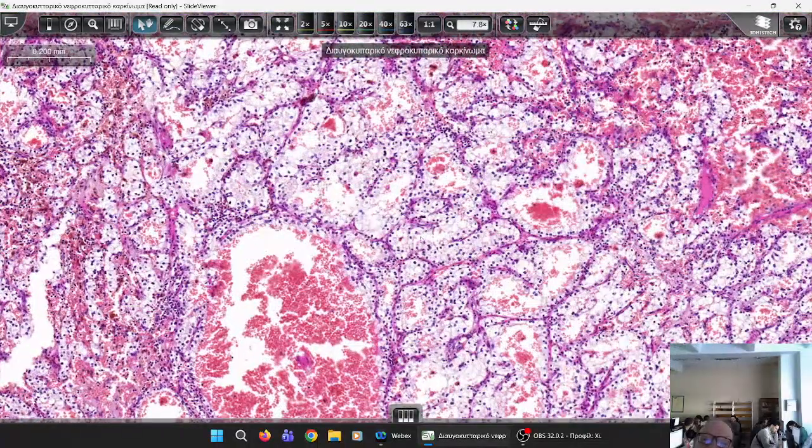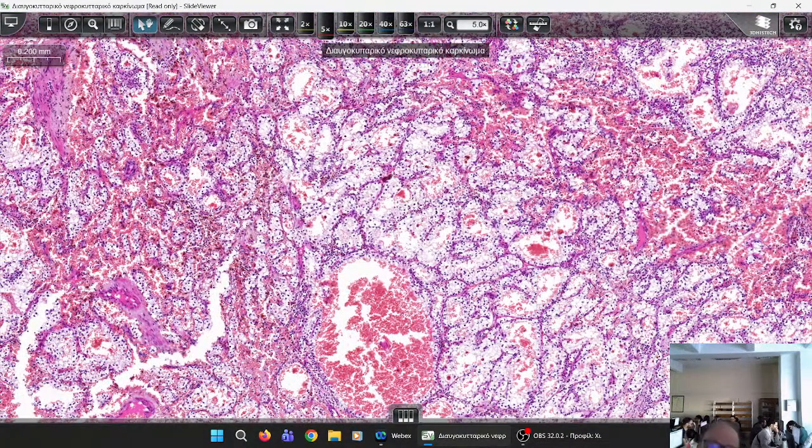This is a very typical morphological image of conventional clear cell renal cell carcinoma, and the main immunohistochemical marker of positivity in this cancer is carbonic anhydrase 9. Why? Because it is related to the stabilization of hypoxia-inducible 1A factor, which is crucial in the pathogenesis of renal cell carcinomas, and the